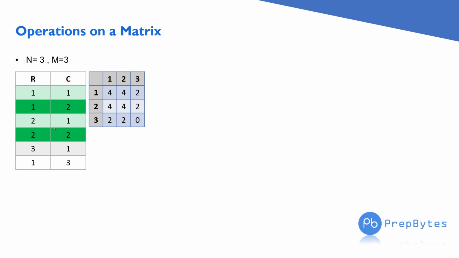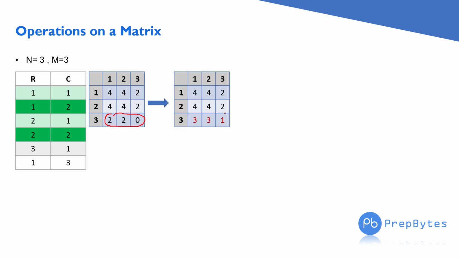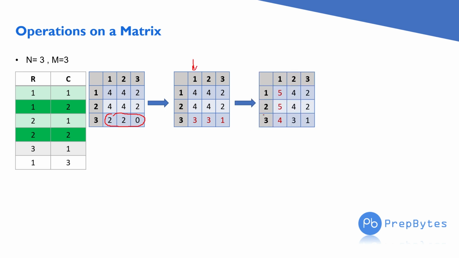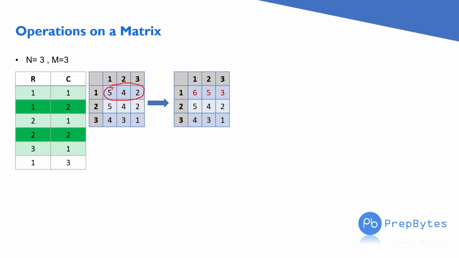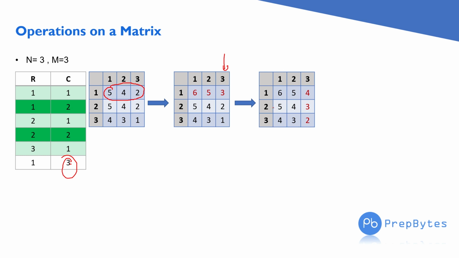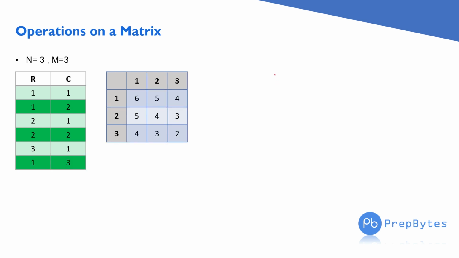In the fifth query you have to select row number 3 and increment all the values by 1. So here we did it, and then column number 1, and increment all the values by 1. In the last one, select row number 1 first and increment all the values of row number 1. Here we did it, and then column number 3, this one, and increment all the values. So the final answer that we got for these queries and this input was